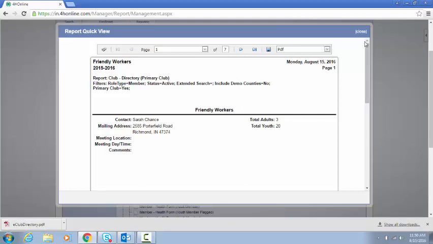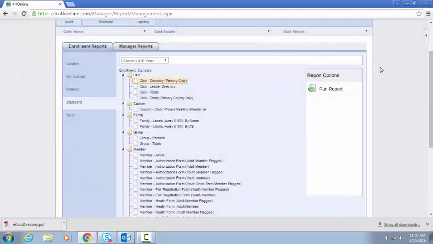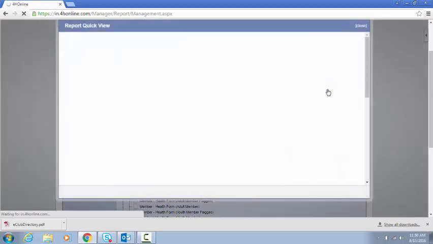Each time you log in, you will want to run the report each time before you print to make sure that it is up to date. There will be times where something may have changed or additional members may have been marked as active by the extension office, and those will only show up if you run a new report each time. So if we run our club totals and run report,